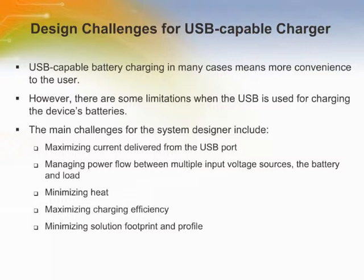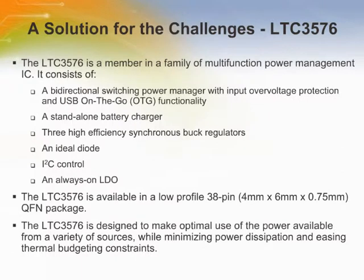This need for high-efficiency charging, combined with the high level of feature integration required of the battery charger IC, needs to save board space and increase product reliability. The new generation of power management ICs, such as the LTC3576 from Linear Technology, are equipped with features such as PowerPath Control, as well as other advanced integration functional blocks,